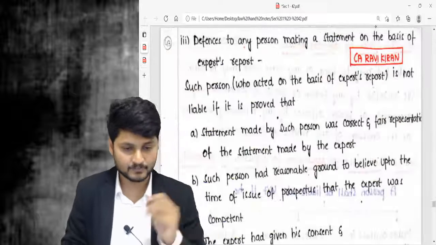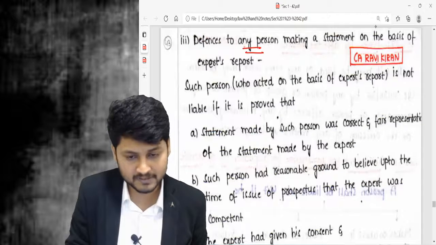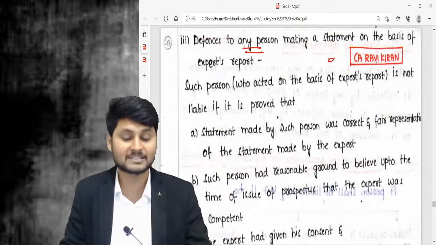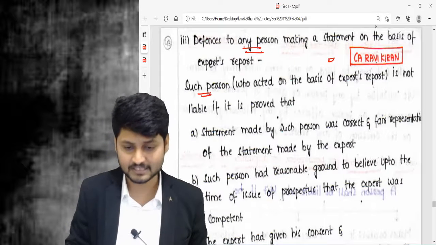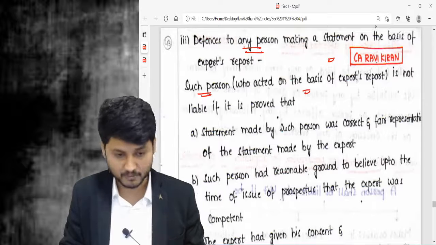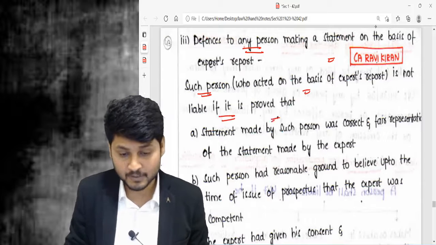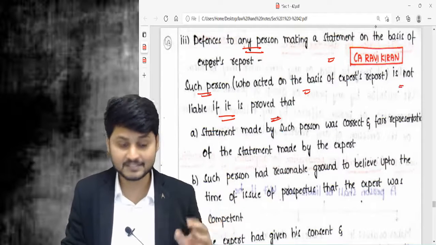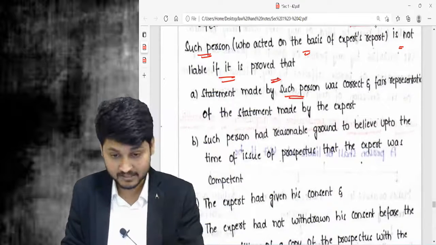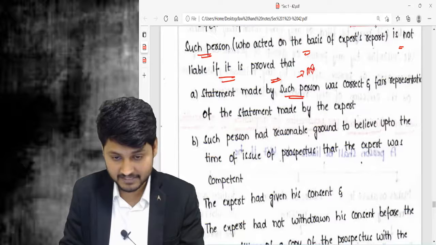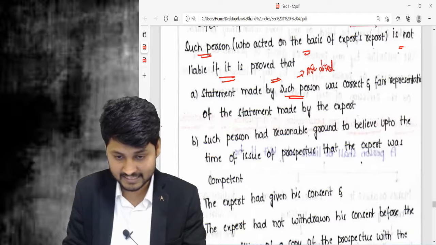Let us discuss this first point. Defenses to any person making the statement on the basis of the expert's report. He is not liable if it is proved that the statement made by such person, in our example, Mr. Director,